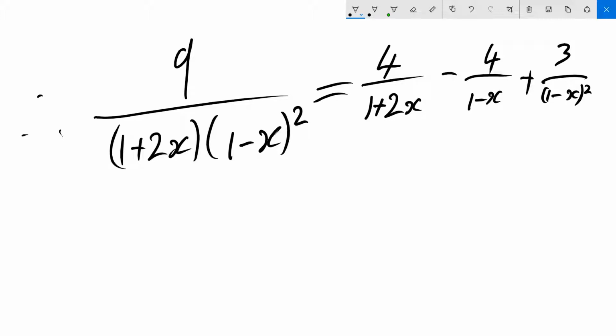So that was partial fractions type 2. In the next video we'll be going over the third and final type of partial fractions,